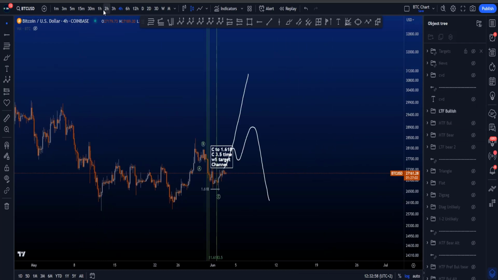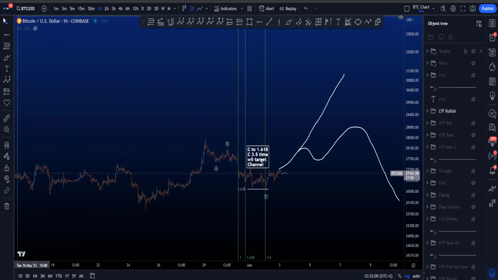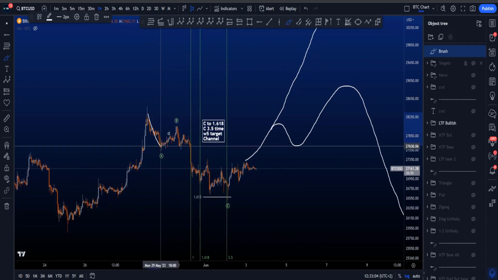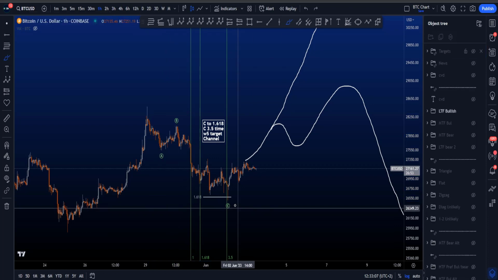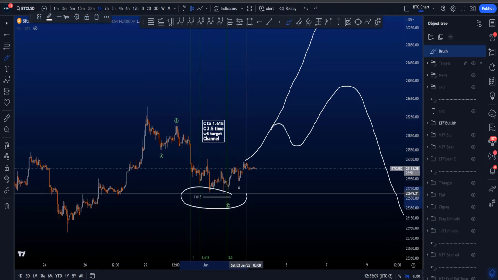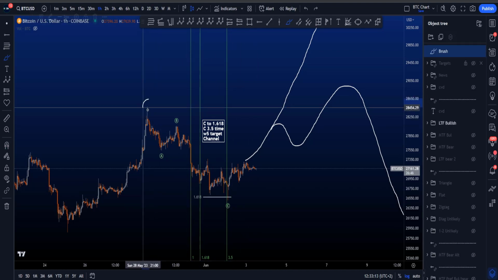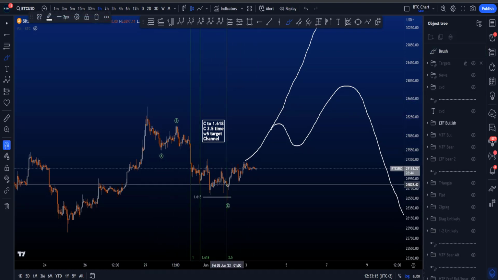And then another alternative scenario, which is more like a low time frame scenario, but I at least want to show you, is that over here we then have a 3-wave structure and an ABC. Now it's alternative for 2 reasons. Wave C extended to the 1.618, which is a rare target for a wave C, pulled from the high of A to the low of A to the high of B, and also this wave